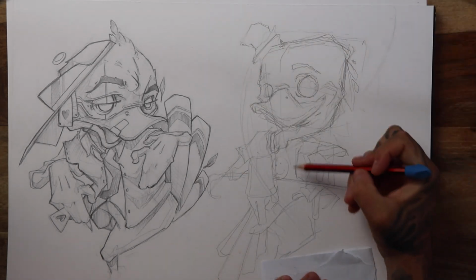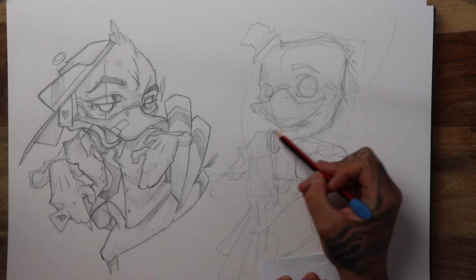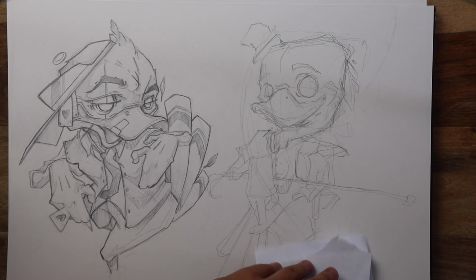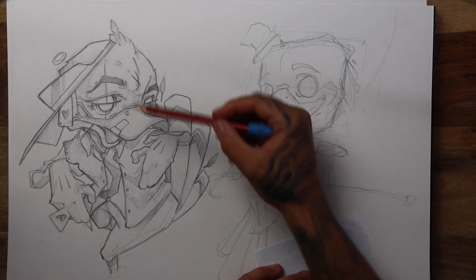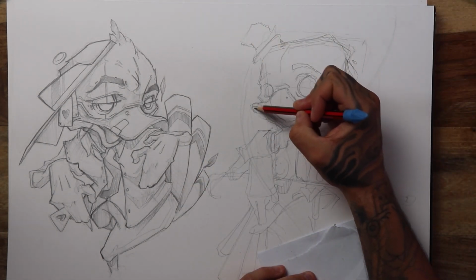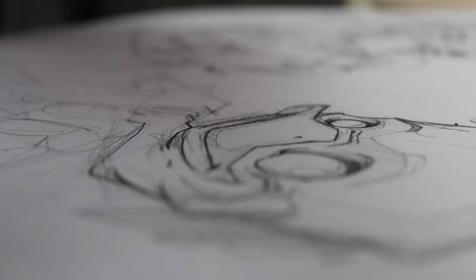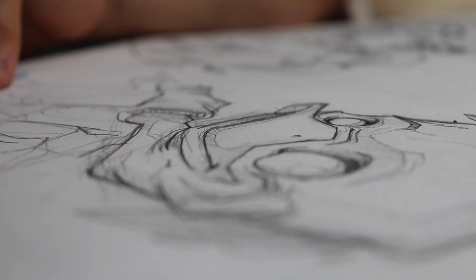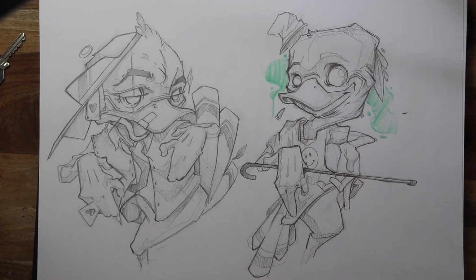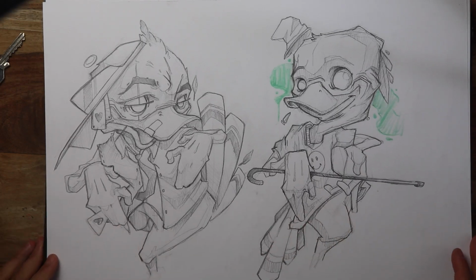So yeah, that's pretty much the foundation in place. And just like this one, I'm going to go over the whole thing and darken up the areas and add shades where shading will be. So if I was going to colour it or go spray paint on the wall, I know exactly where I'm laying my shades. And it's all based on shapes, as you see here. Shape, build, until you end up with something you are finally happy with. You have it. Once you've gone over the whole thing and you've blackened out the areas, added a few details, you should have something that looks just like